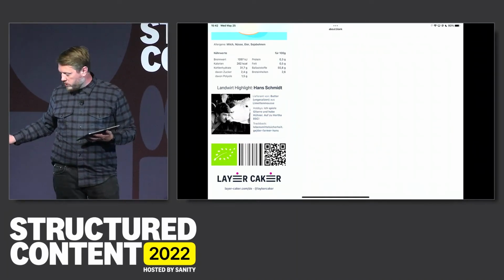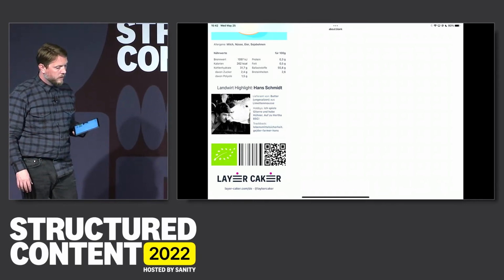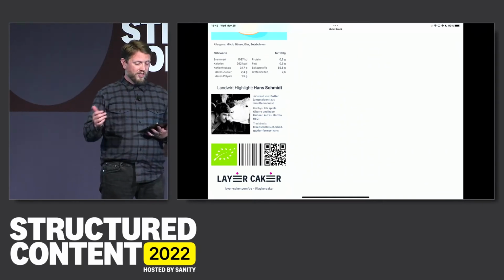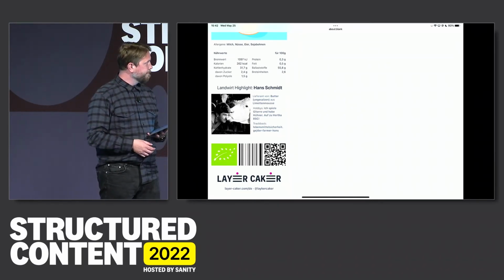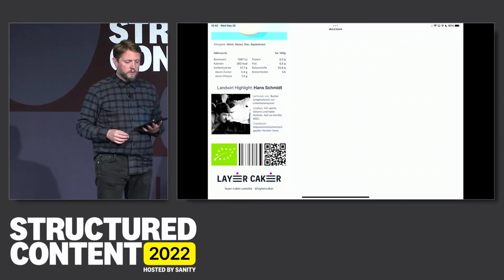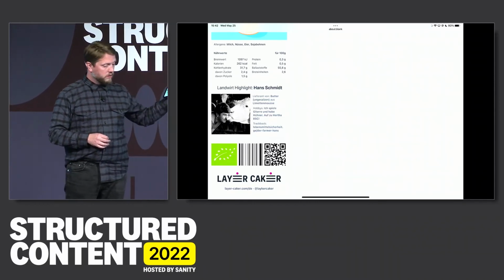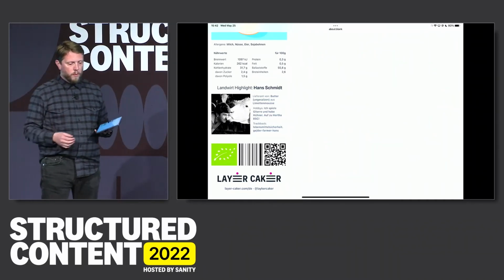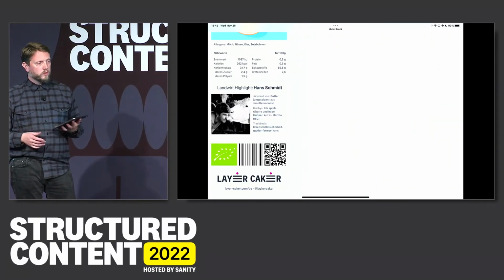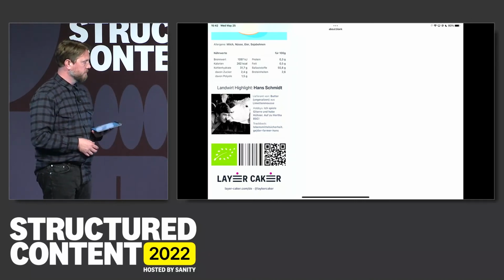So this is another example of how treating the different levels in your organization as structured content can be valuable, efficient, and create an opportunity. On these different levels and on all surfaces, not just your website. This packaging label here, for instance, in itself just a small thing in the whole scheme of the cake things. But a great user experience is the sum of all the small things.